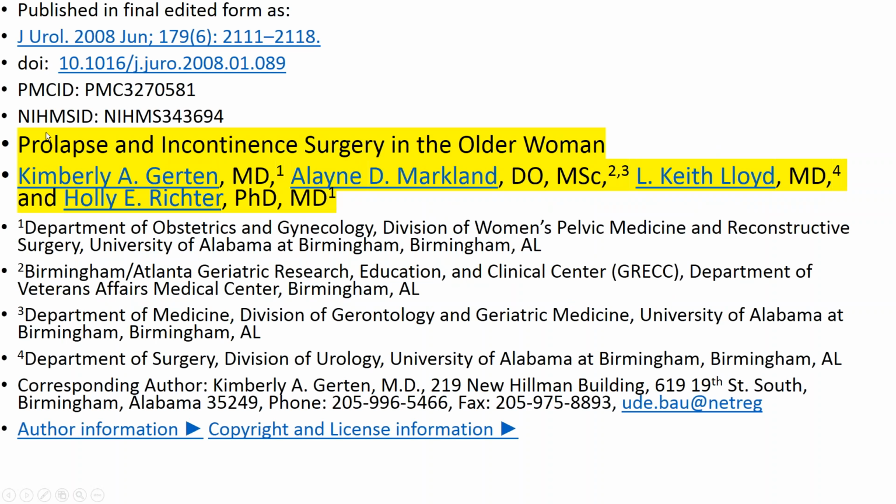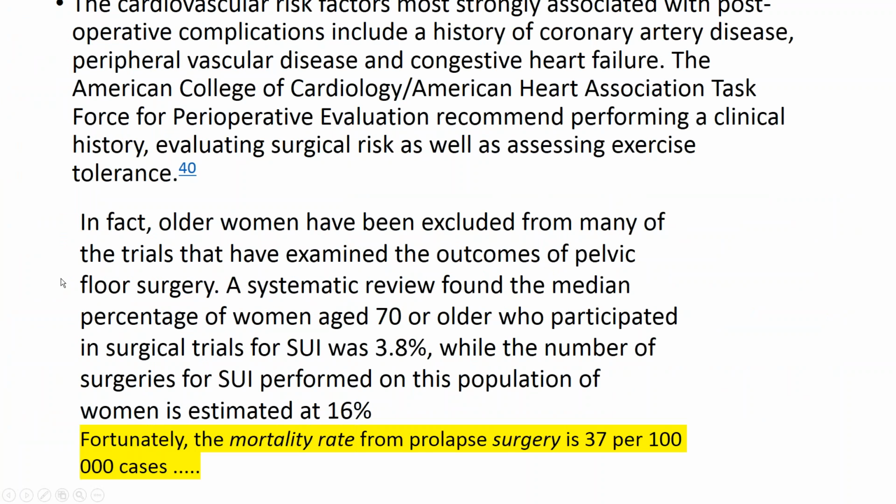So we have articles that are pertinent, and this is one that I thought was the most pertinent: prolapse and incontinence surgery in the older woman. Cardiovascular risk factors most strongly associated with post-operative complications include a history of coronary artery disease, peripheral vascular disease, congestive heart failure. The American College of Cardiology, American Heart Association Task Force for Perioperative Evaluation recommend performing a clinical